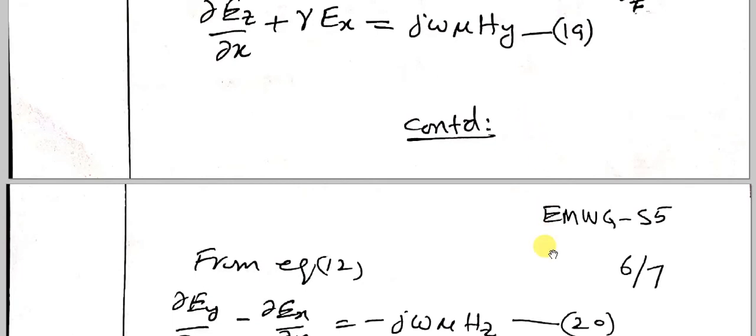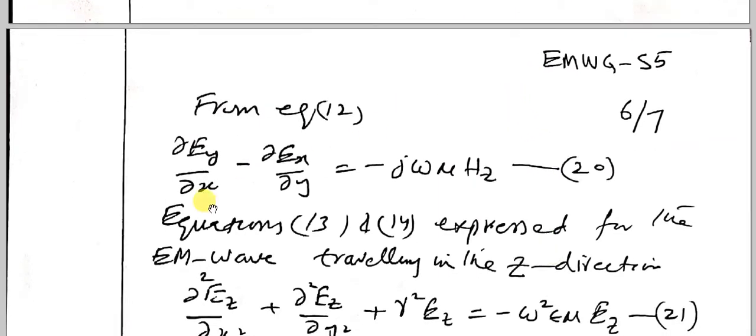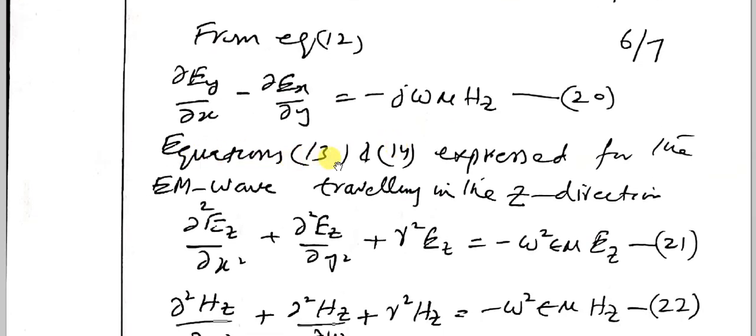Now from equation 12, we have delta Ey by delta x minus delta Ex by delta y is equal to minus j omega mu Hz. Now equations 13 and 14 are expressed for the electromagnetic wave traveling in the positive z direction as